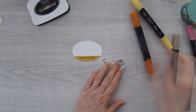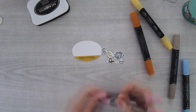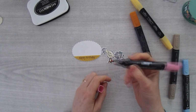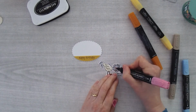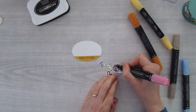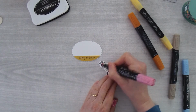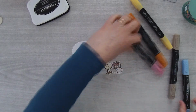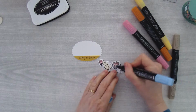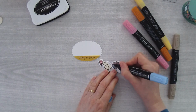Okay, now I'm going to give this chicken some fun hair styling. So I think this is Flirty Flamingo. Yeah, dark Flirty Flamingo. And I'm just going to highlight strands of this guy's hair and his tail feathers with that Flirty Flamingo. And then I'm going to add some blue highlights